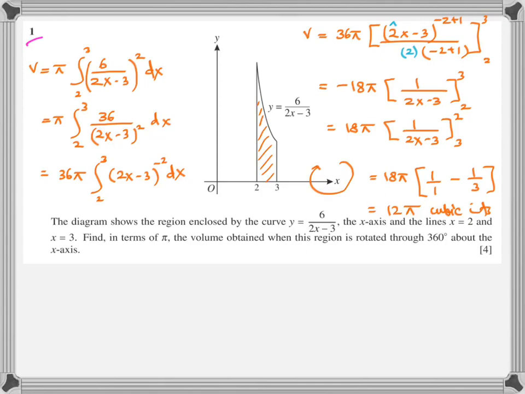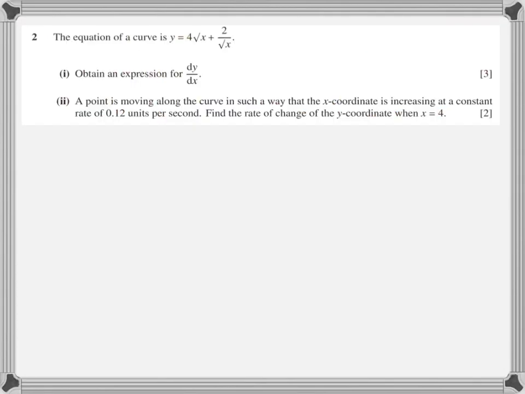Okay, there were two limitations for the chain rule of integration. The first was that the expression inside the bracket should be linear, which is the case over here. Second limitation, which of course won't be coming in the P1 paper, is that the power could be anything, but the power could not equal minus 1, otherwise the whole function would be undefined. We will deal with this when we start the integration of A-level second year. That means log, natural log will come into action. It will rescue such functions. So question number 1 is done.